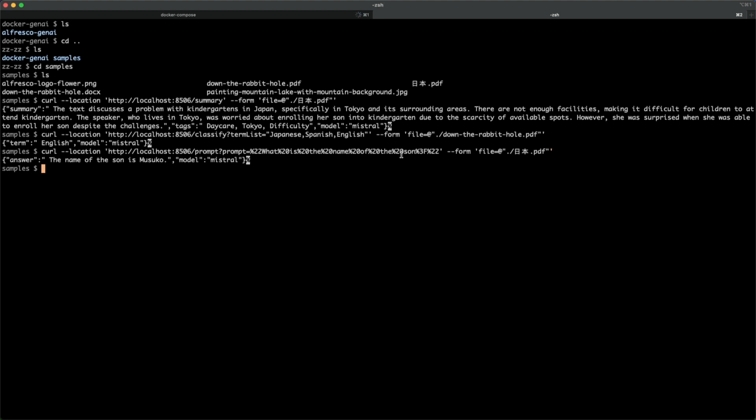So what is the name of the son that was talked about in this document? So the name of the son is Musuko. Okay, these are the three main features provided for documents, and the next one is a feature that is provided